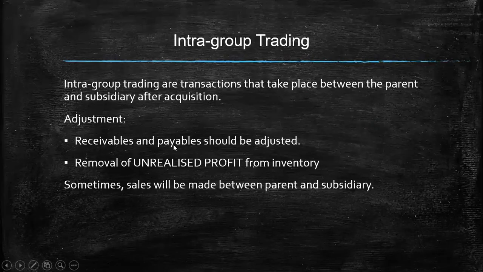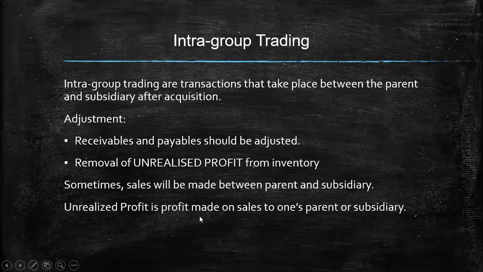Why do receivables and payables arise between parent and subsidiary? It's because they're selling goods to each other, right? The parent might be selling to the subsidiary, or the subsidiary might be selling goods to the parent. Now, unrealized profit is profit made on sales to one's parent or subsidiary. So, for example, if the parent is selling some goods to the subsidiary, it will be making a profit on these goods sold, right? And just like that, if the subsidiary is selling some goods to the parent, then the subsidiary will be making a profit